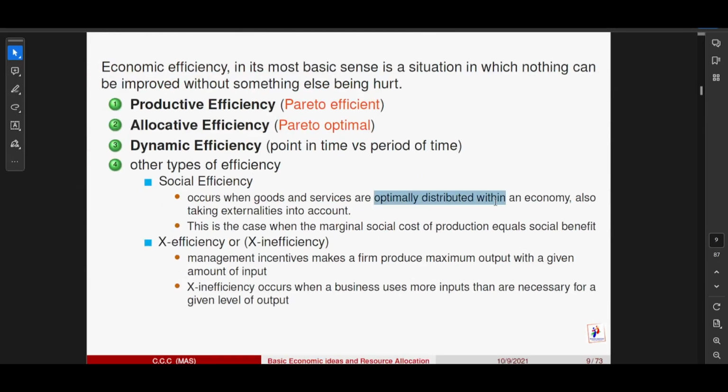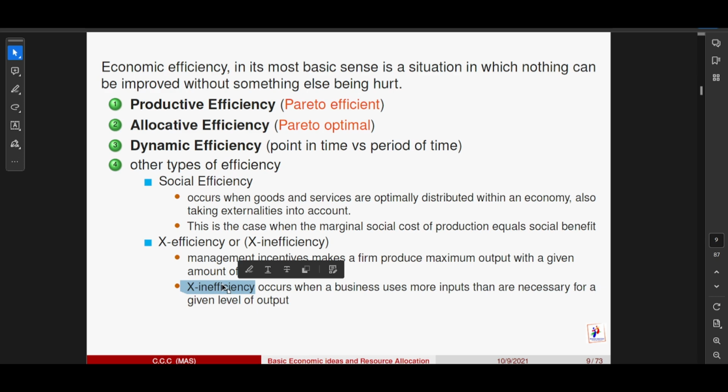when the services are optimally distributed through an economy. And X efficiency, or X inefficiency, is when management makes a firm produce maximum output with a given amount of input. What we're saying here is that X efficiency has to do with the CEO. Is the CEO making the company produce at its most efficient level? A good example of this is monopoly. In a monopoly, we normally have X inefficiency as the monopoly does not produce at the most efficient point, and